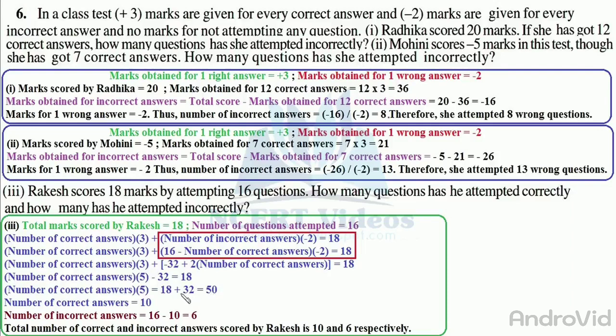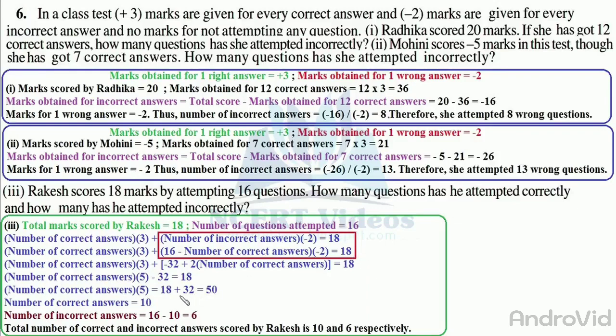Now number of correct answers, here it was getting multiplied. So when it goes towards that hand side, that will be 50 over 5. It gets divided. So 50 over 5 is how much? 10. Therefore number of incorrect answers will be total questions attempted, that is 16 given to us already, minus 10,